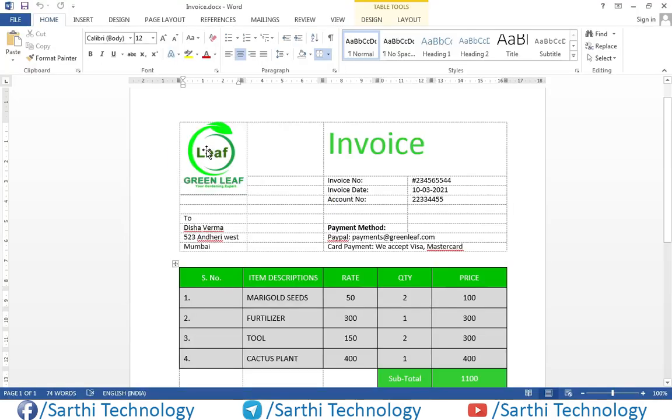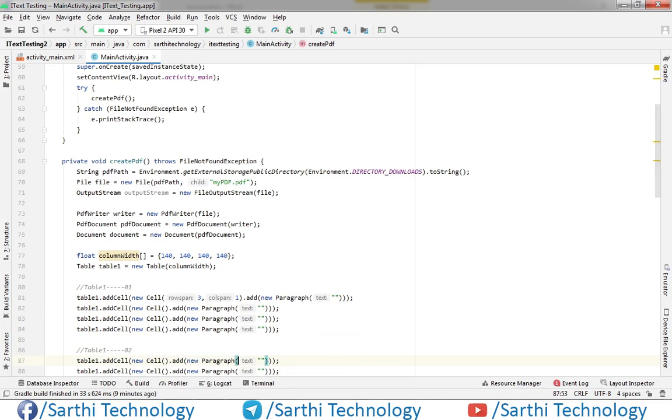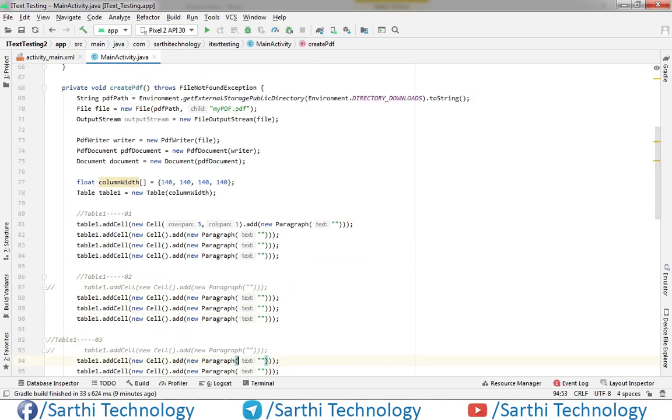here you can see the first cell has 3 row span and 0 column span. So we will add here 3, 1. Okay, so now make this a comment and this will also be a comment. Okay, now here we will add the image later, so just leave it for now.